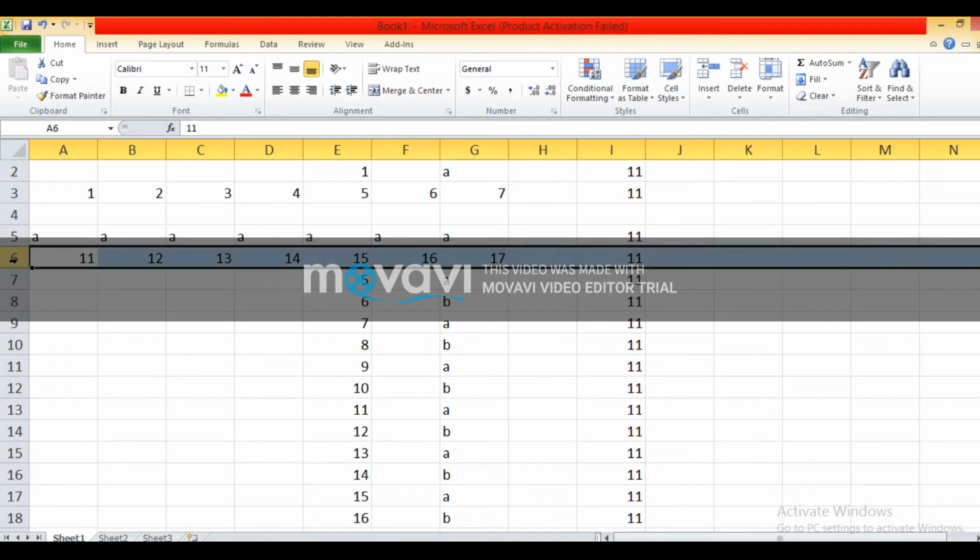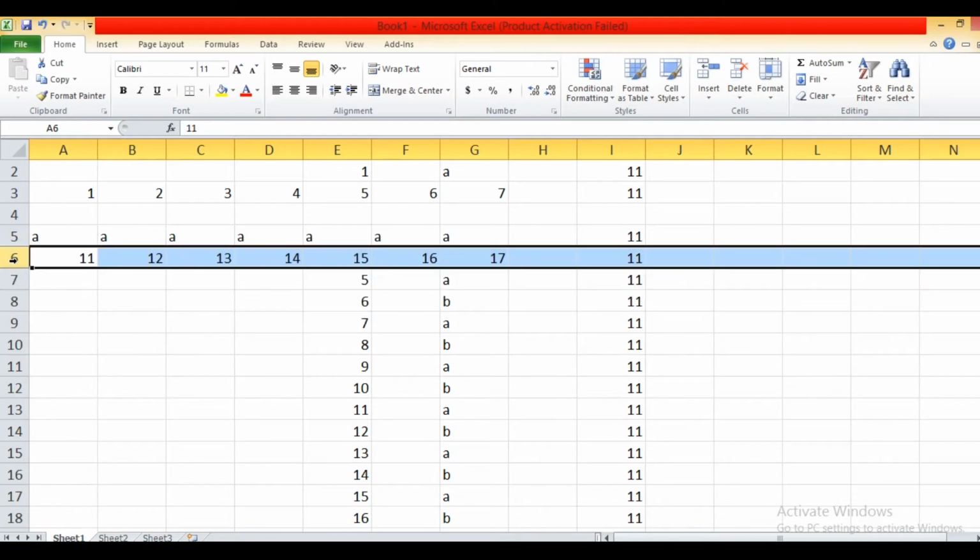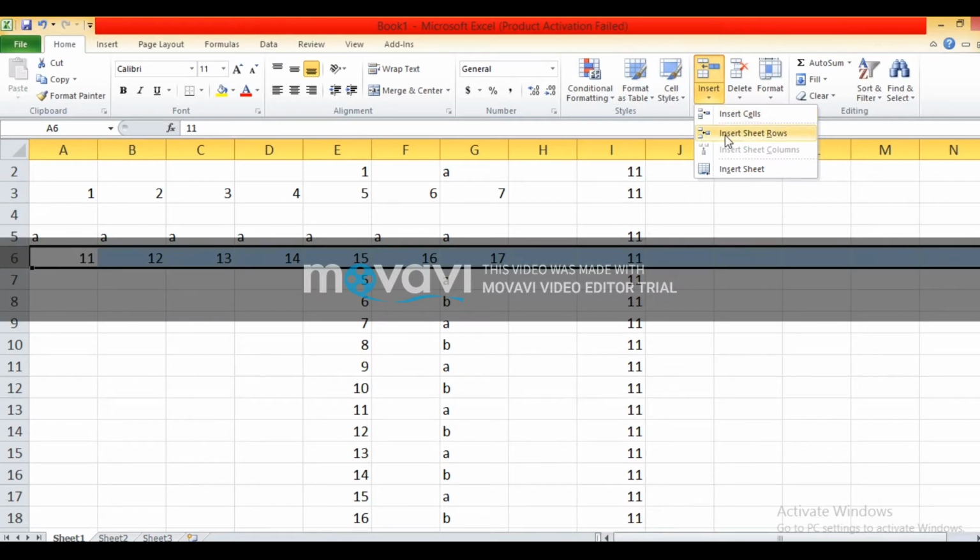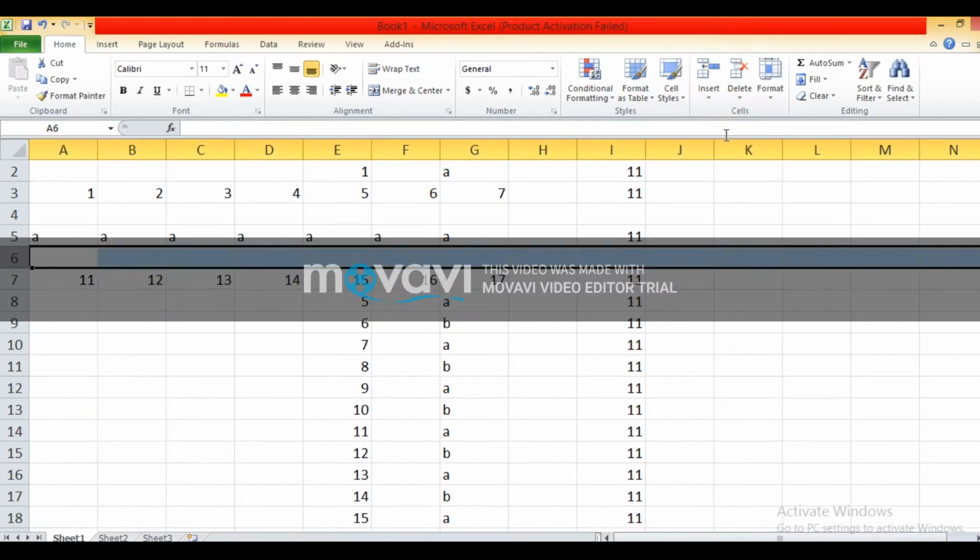Again I will tell you how to insert a row. Select the row to insert a new row above it. Click on the Home tab. In the Home tab you have to click on Insert from the Cells group. From the Insert option you have to select Insert Sheet Rows. A new row gets inserted in the existing worksheet.